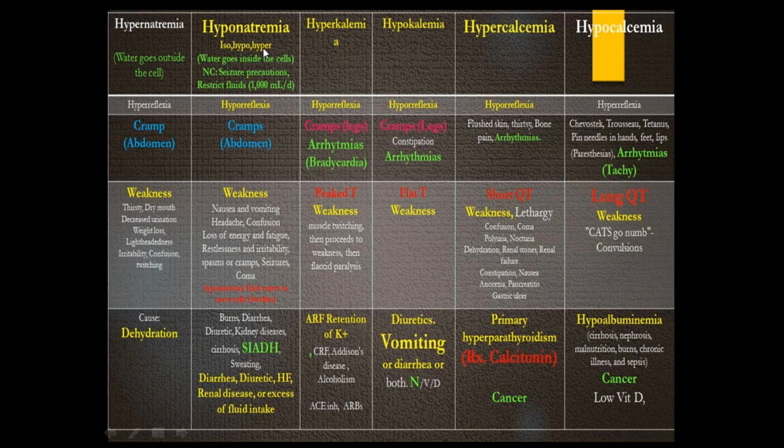Okay, so talking about the signs and symptoms of these four at the same time, what they have in common, if you see in the chart, is that they are going to be producing weakness, muscle weakness. So that is what we just need to remember. What other signs and symptoms are we going to see? In the next slides.